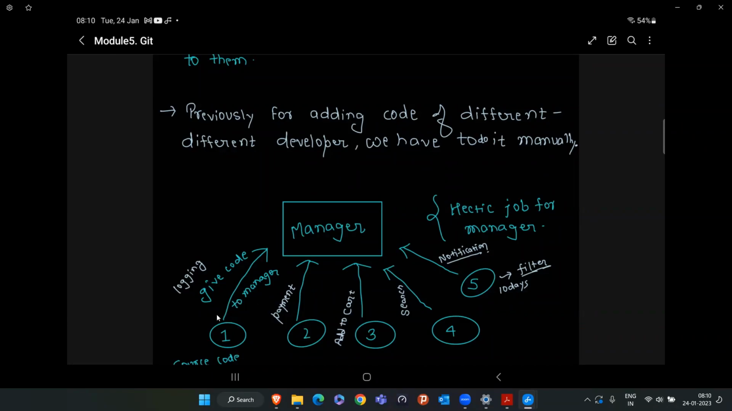Now it is not like the code written by the first developer will be published in the market separately, and the second developer's separately. No, because whenever we go to the Amazon or Flipkart website, we are hitting a single URL, right? www.amazon.com. We are not hitting a different URL for the login page or for the payment page. That means all these codes like login, payment, add to cart, search, notification are merged into a single file. And that single file is